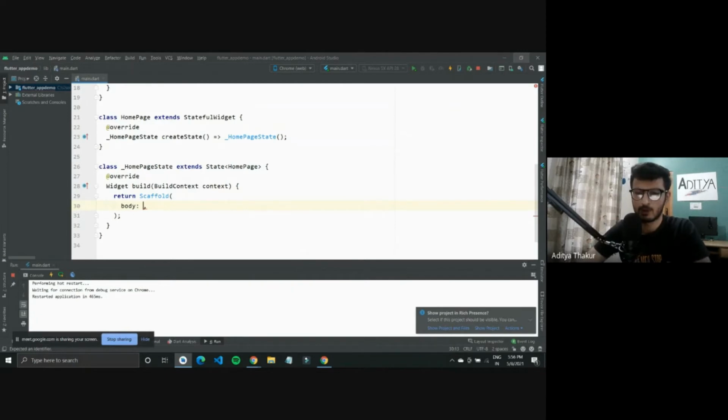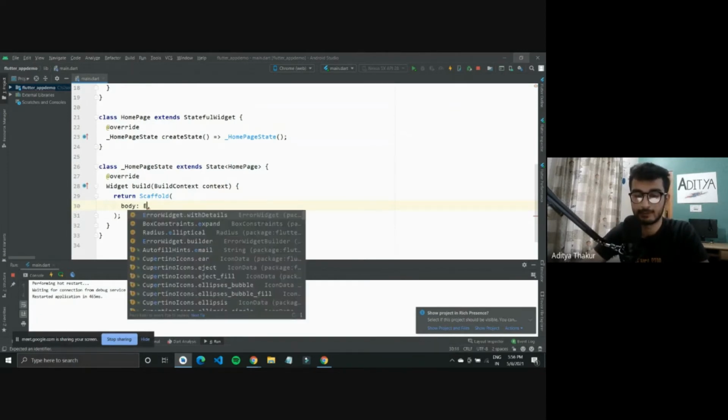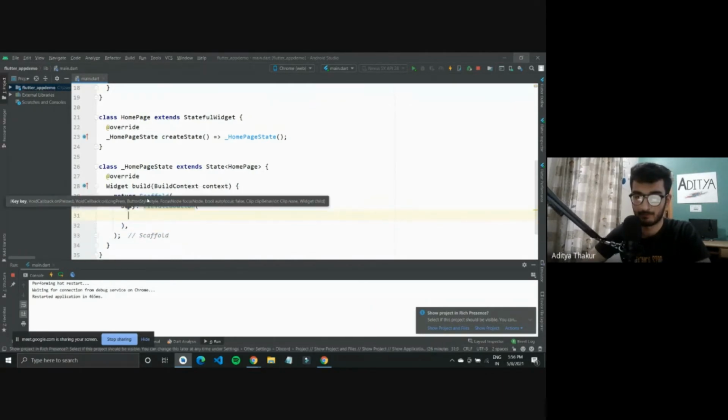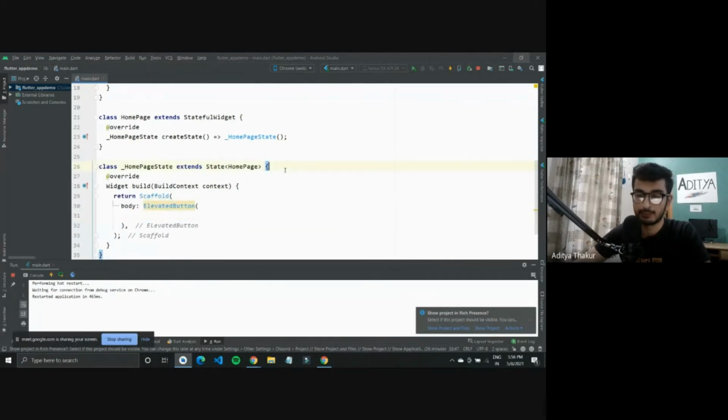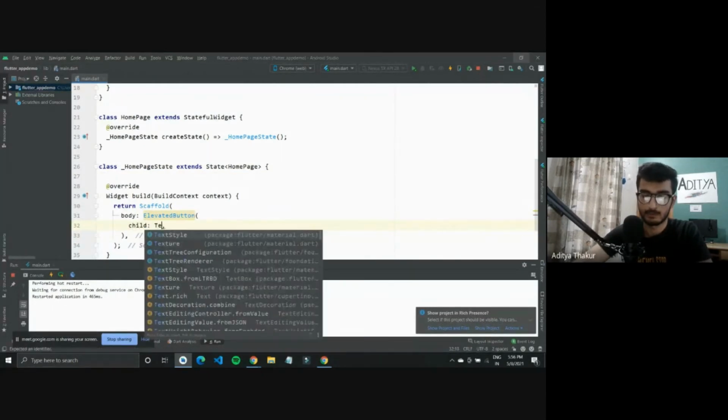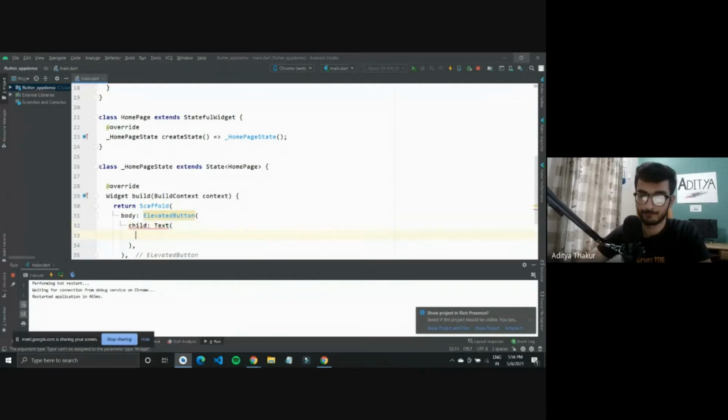So this body can have a elevated button, and what I can do is give this elevated button a child. It should be text that can say a simple text called click me.